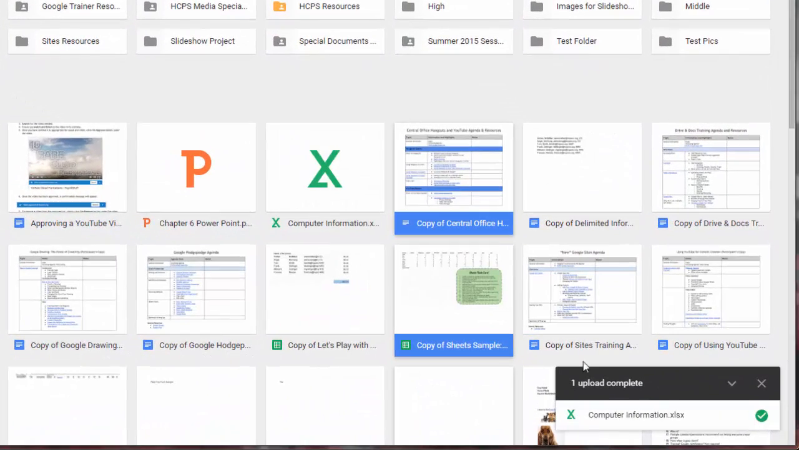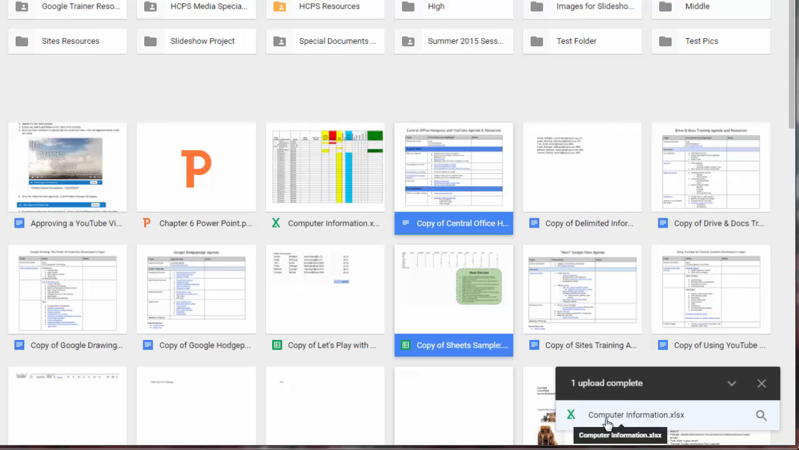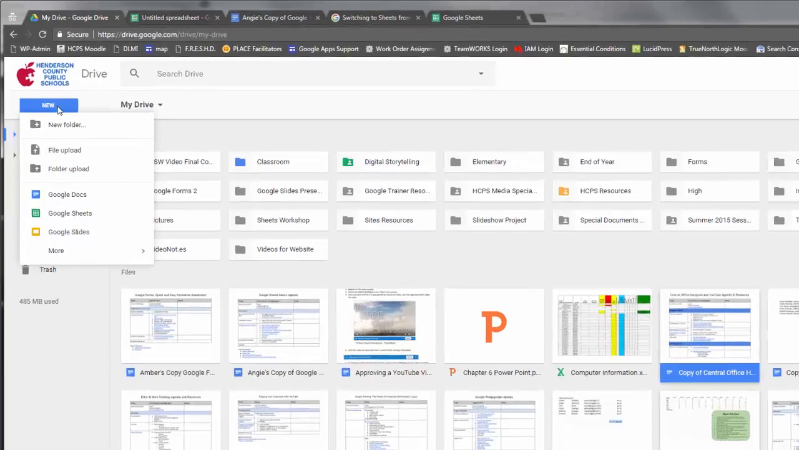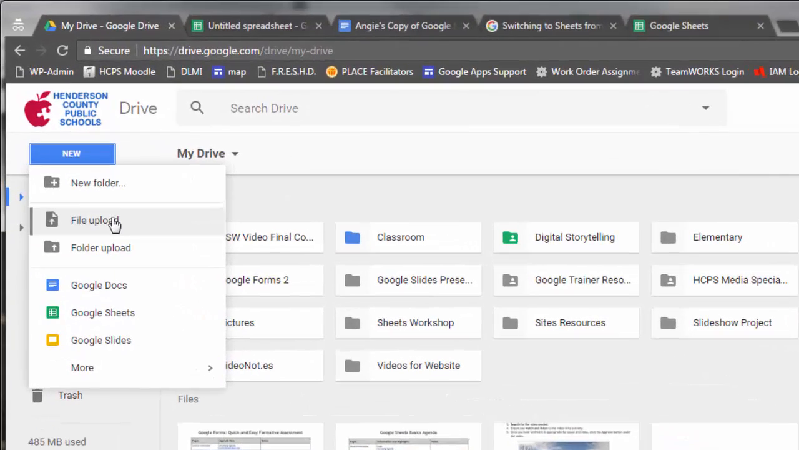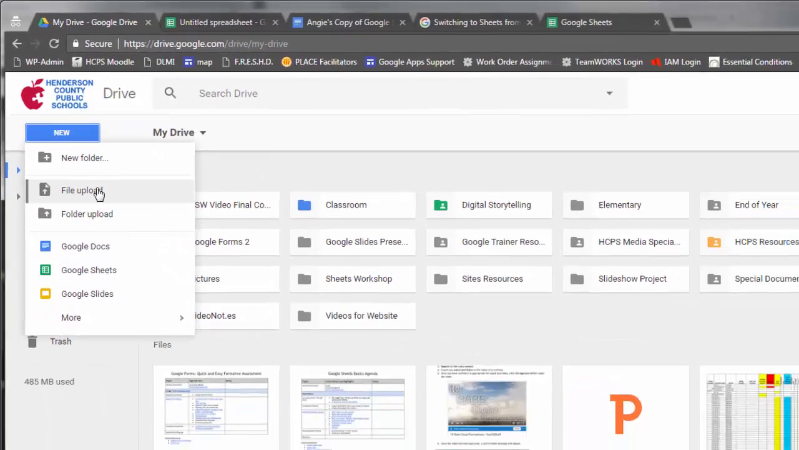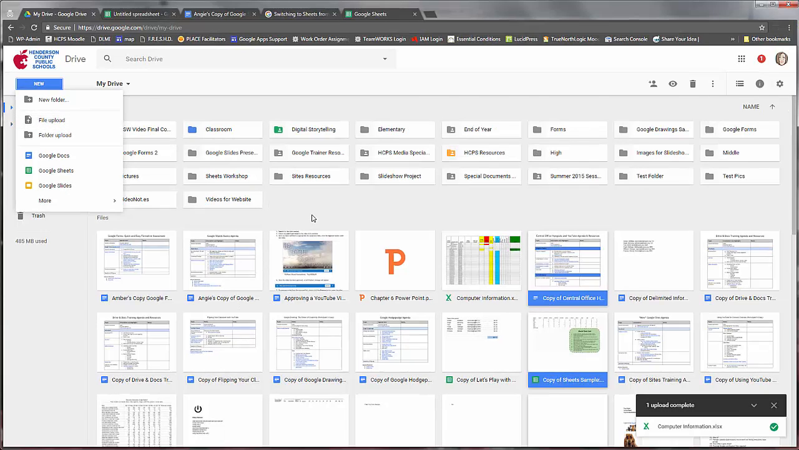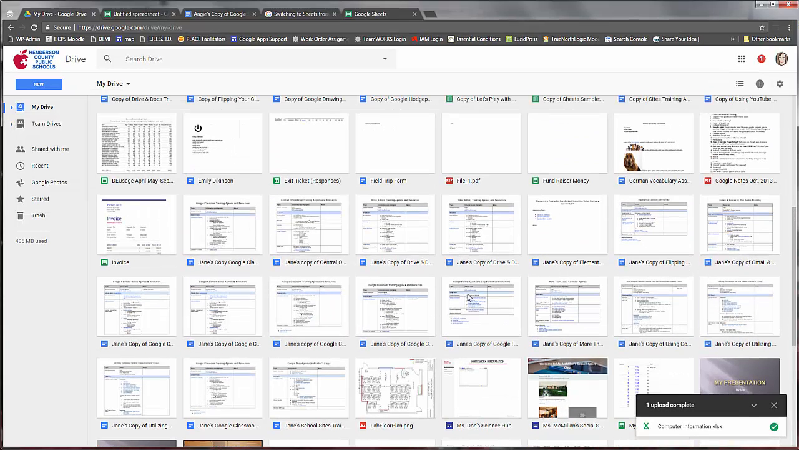And you'll get your uploading window, and once it's complete, you'll have a little success bar there. You could also go over to the New button and choose File Upload and navigate to your file this way. I just prefer dragging and dropping. So once your files are in your Drive, one of the things that you'll